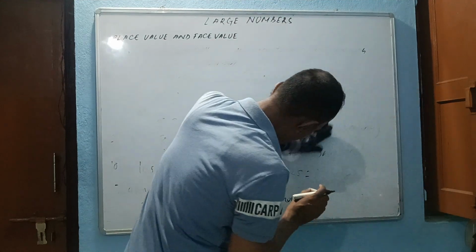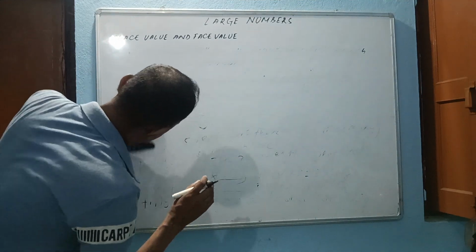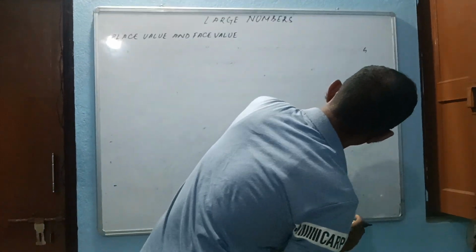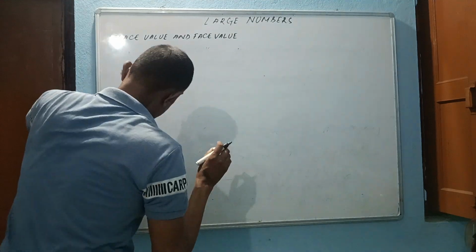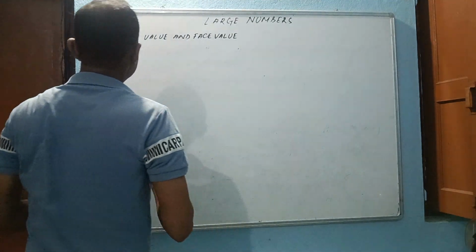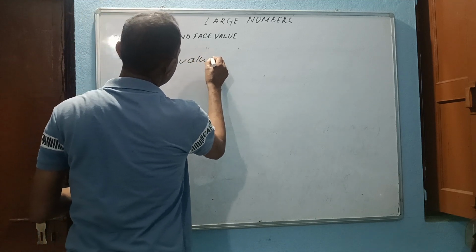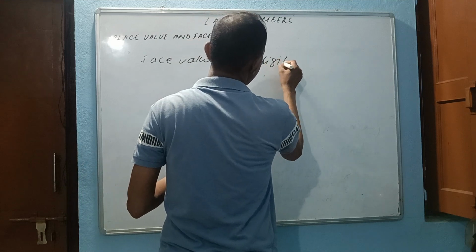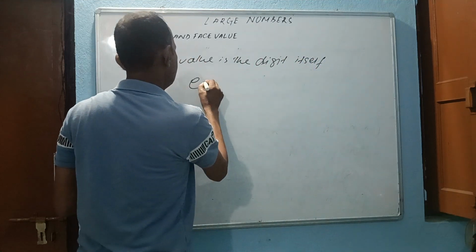Face value is the digit itself. For example,